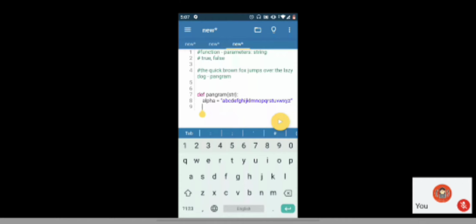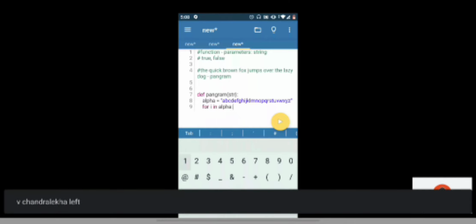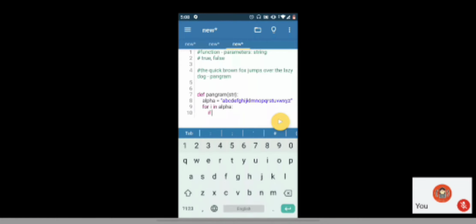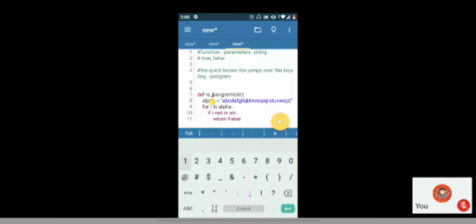So I'll just iterate alpha, for I in alpha, which means for every character in alpha, if this character, whatever is being stored in I at the moment for this iteration, if it is not present in str, if I not in str, which means I should return false, right? I'll return false. Let's just say is pangram, which finds out if the given string is a pangram or not.